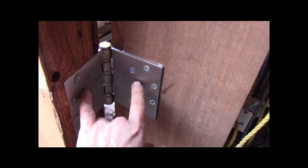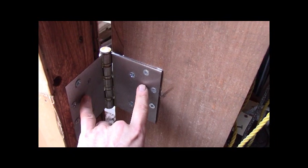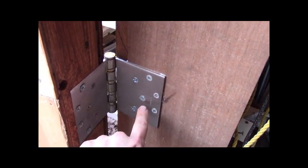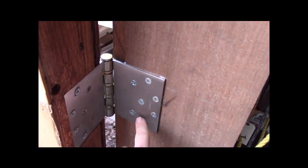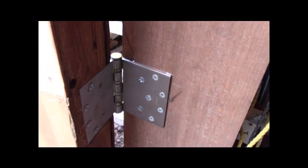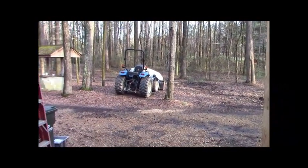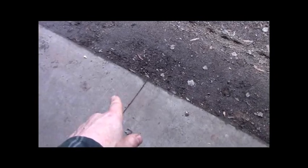So if you figure 14 screws per hinge, 14 per hinge times 5 on each side, 5 and 5 is 10, that's 140 screws holding these doors on. So that should be enough. And now I can close my doors. I need to put pins in the floor and pin in ceiling and latch hardware on. But anyways,